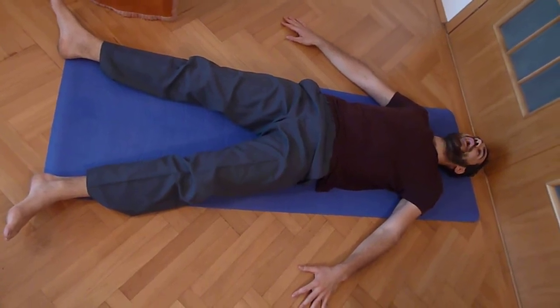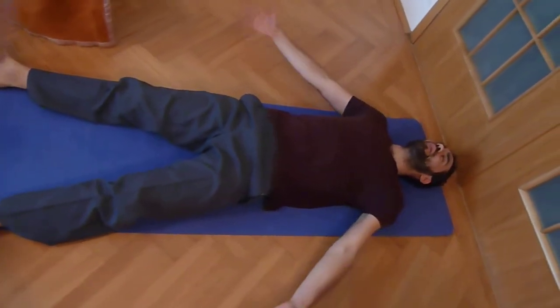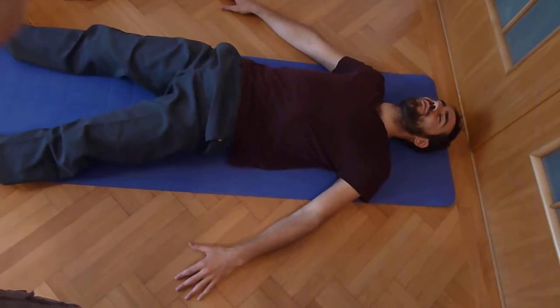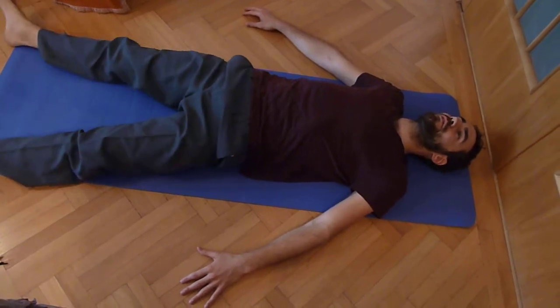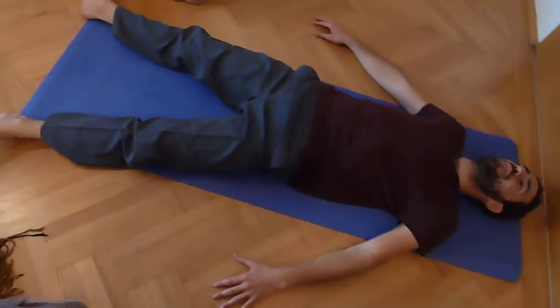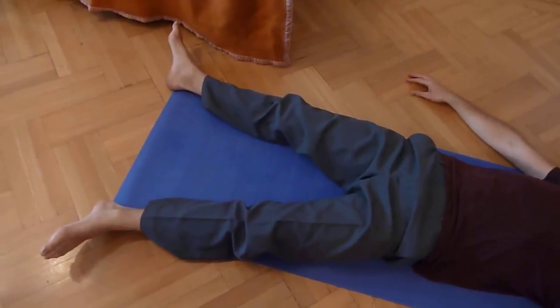Your jaw is relaxed. How do you choose to put your hands, your shoulder blades? Is your pelvis more to one side or the other? How are your ankles on the floor? Is one leg turning out more than the other? Just be aware and continue a couple of times of breathing,